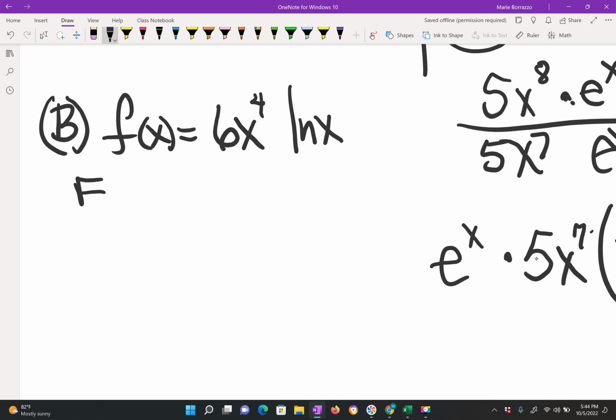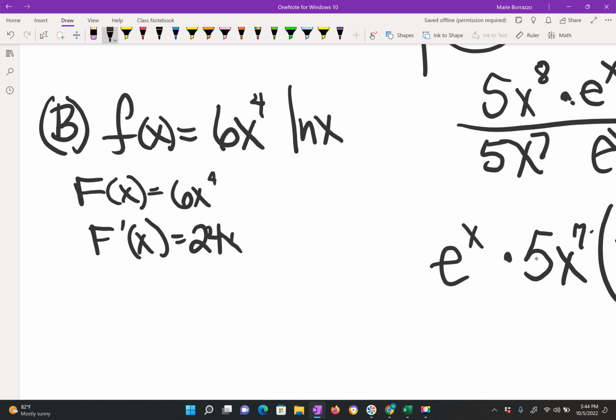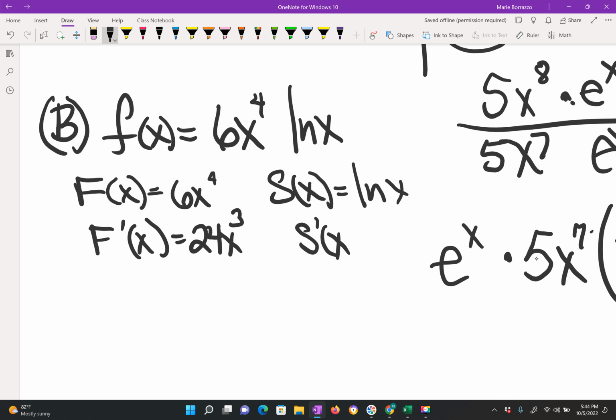We know that the f of x part of the product is 6x to the 4th, and we know its derivative is simply 24x to the 3rd. Agreed? We also know that s of x is equal to natural log x, and we also know that its derivative is